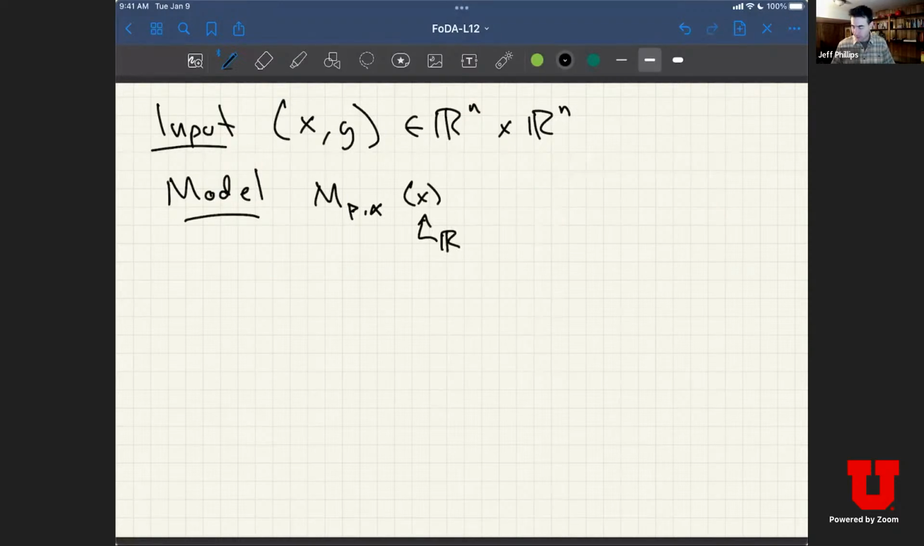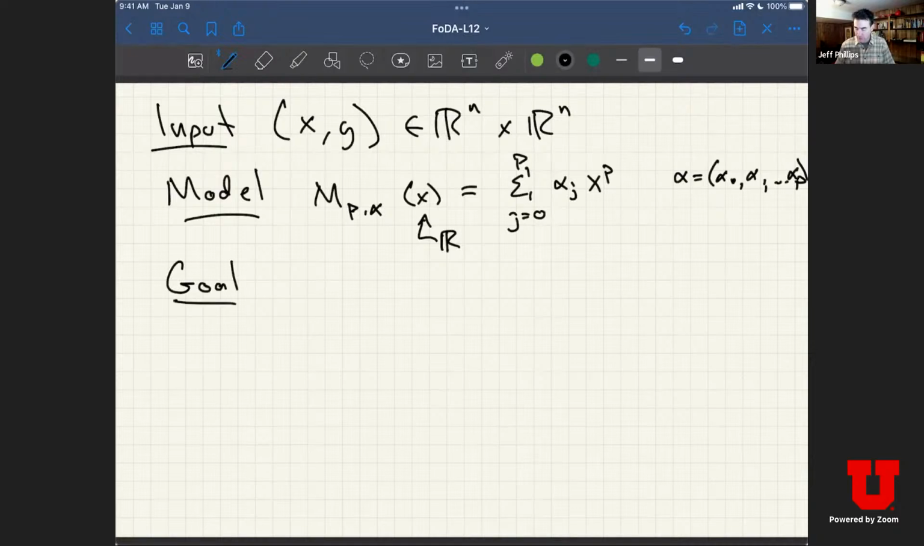It's just a real value, and it's going to output the sum over j equals 0 up to p of alpha j times x to the power j, right? Remember now alpha equals alpha 0, alpha 1 up to alpha p. Great. So, okay, this is the model, and the goal is to find alpha star,